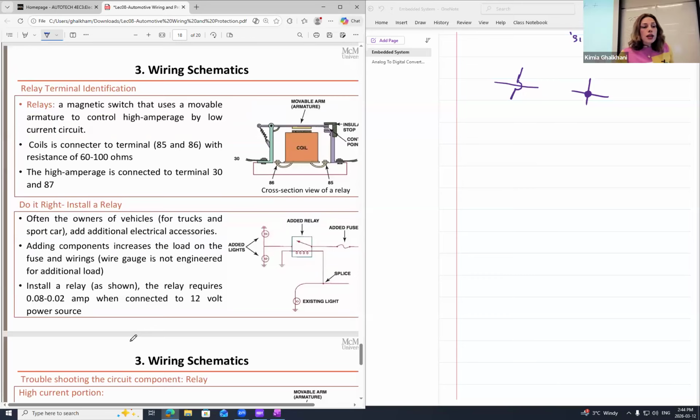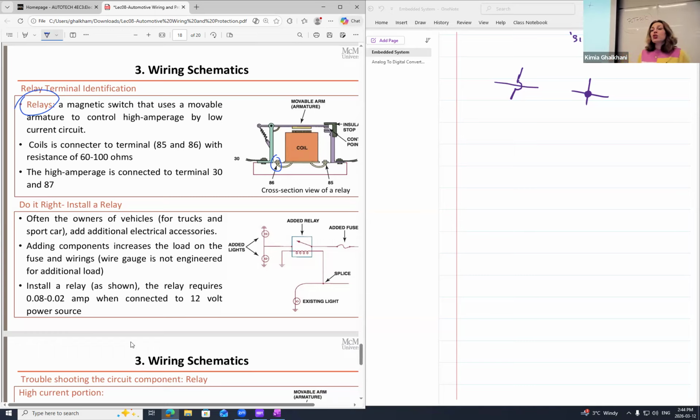So another thing that I truly want everybody to know before I start solving a problem and designing how to properly include a relay in your system, in order to design your customized light for your vehicle, is that I would like to introduce the relay. A relay is an electromechanical device, right? It's not pure electrical, it's not pure mechanical. So we do have a coil, and in total I'm going to say the relay has 4 connectors, right? 2 of them are directly for powering and 2 of them are just for the coil, right?